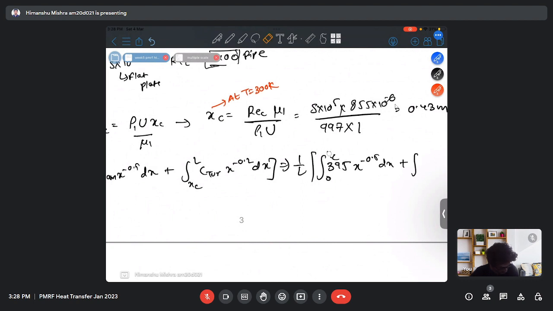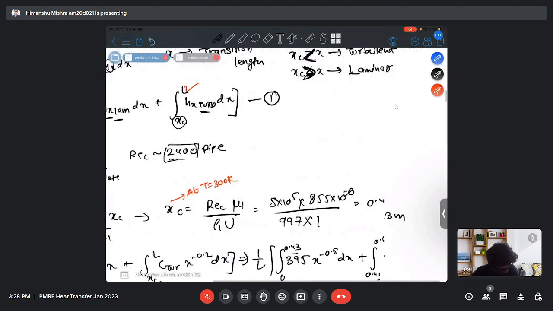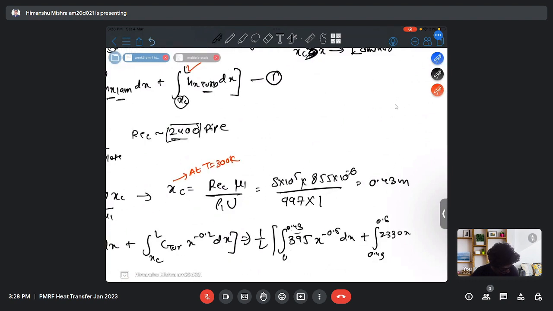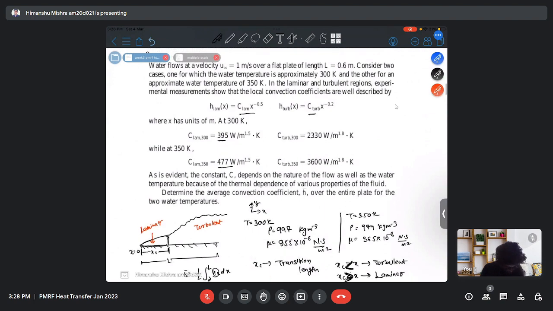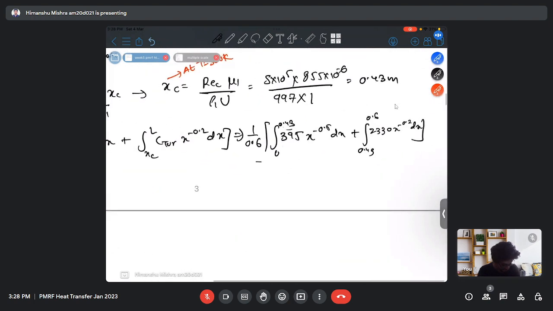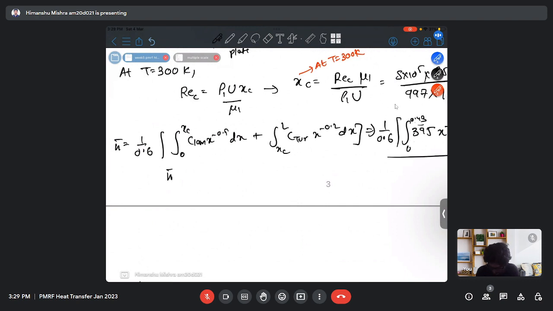So let me write in terms of numbers. So when I solve this integral, I will get my average heat transfer coefficient at temperature 300 Kelvin is